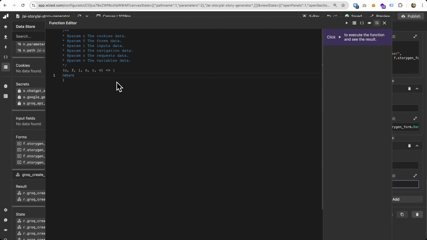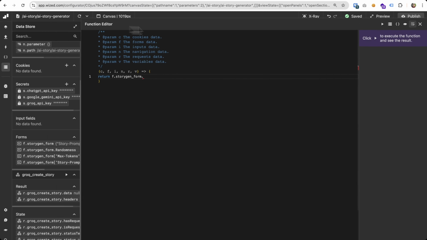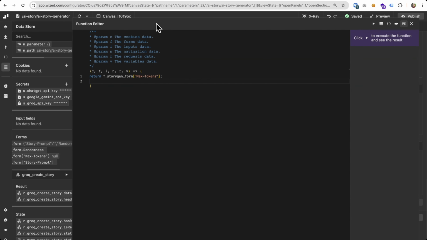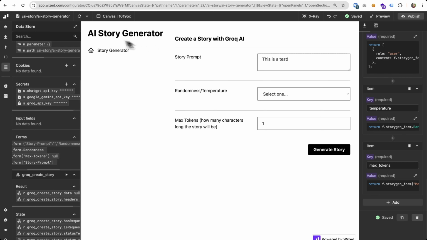And we want to return form dot storage and form dot. I'm not sure why my max tokens aren't coming up there. In any case, let's go to the data store, form, max tokens. Okay. Close that, close the function editor, reload the page,